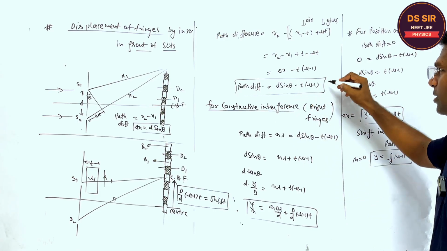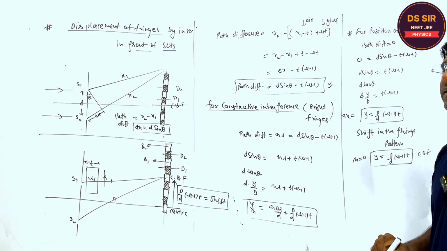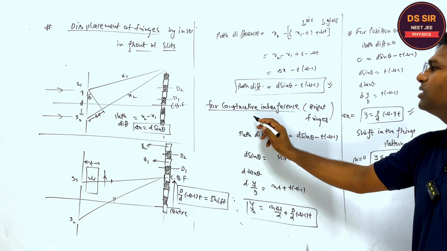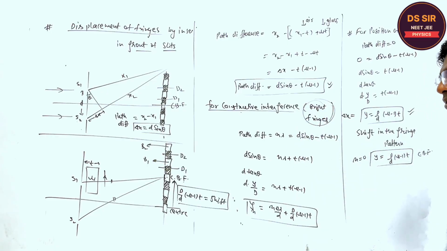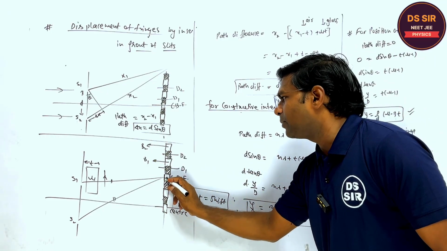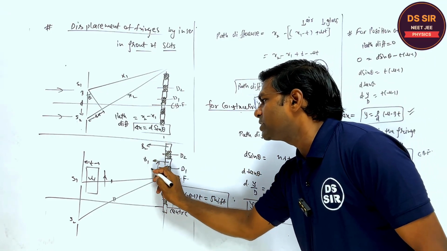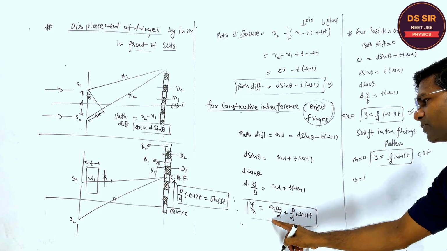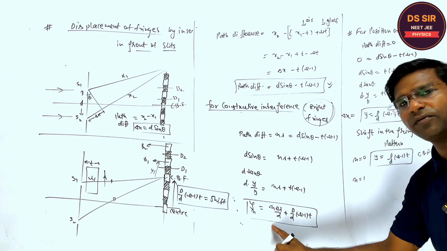Although, by putting the path difference equal to 0, we can also find this same relation. Now we are finding the position of the bright fringes. So if this is the central bright fringe, this is the b1, and this is the y1. How to find it? Put n equal to 1 in this expression, because this is the position of the nth bright